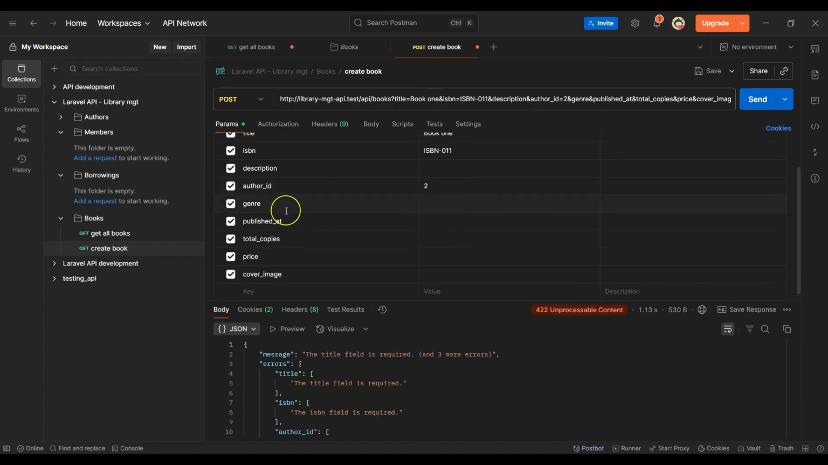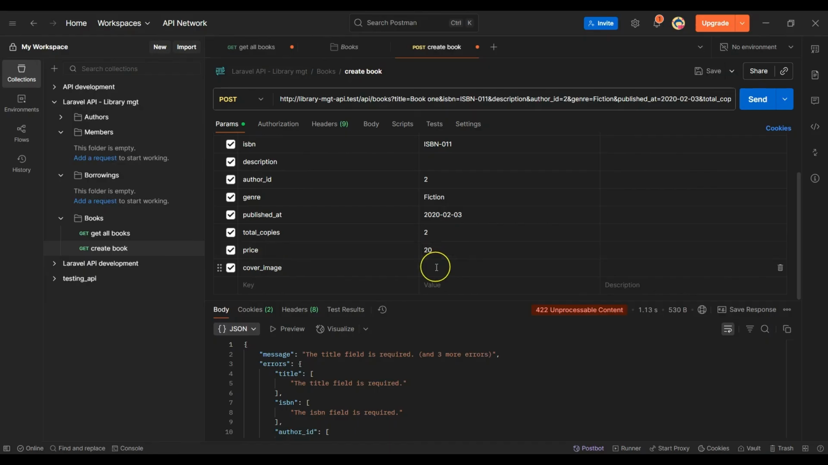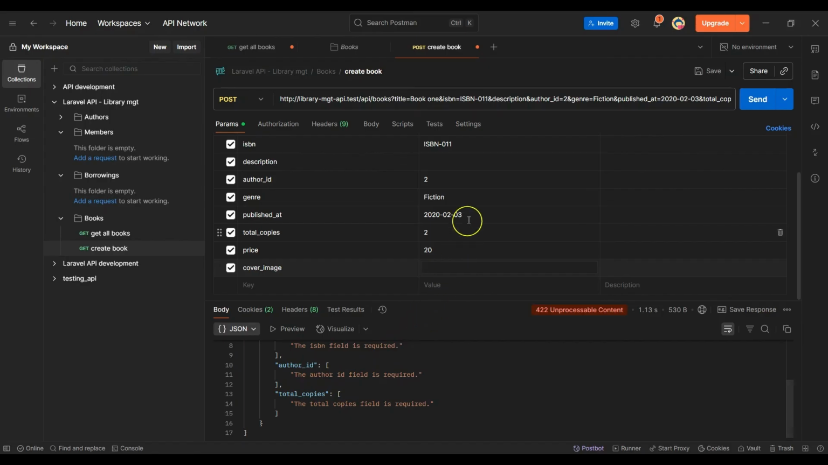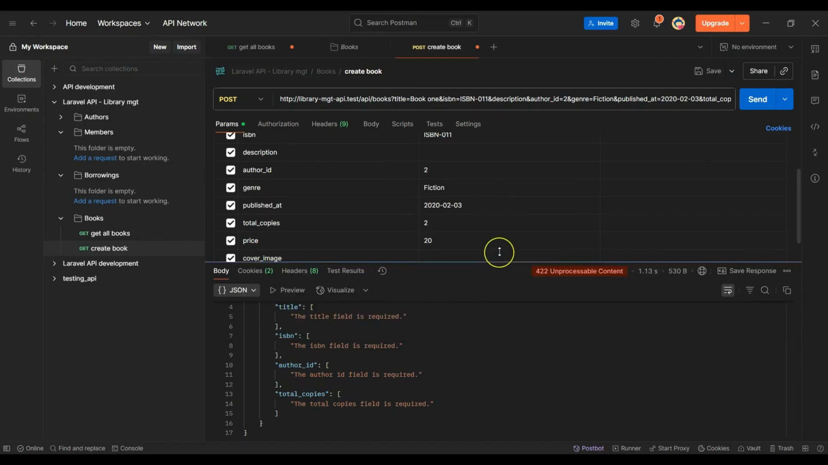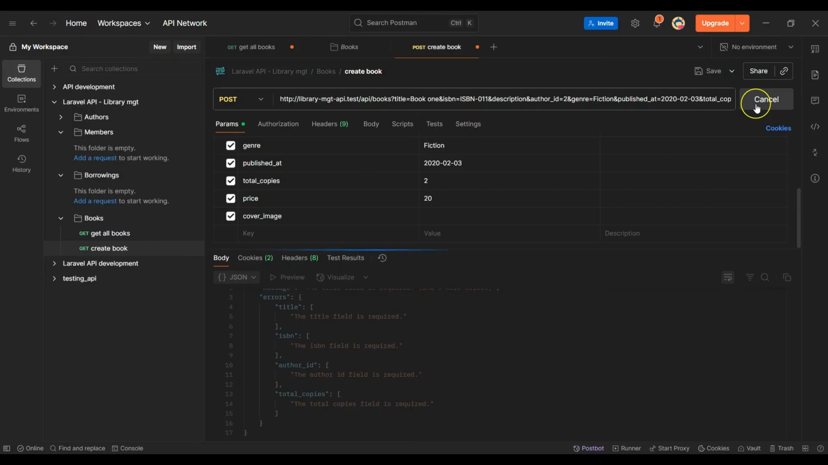So let's check for the genre. Now we can just make that to be, let's say, fiction. For published date, we can just put a date like 2020, then 02, then 03. Okay, then we can have, let's say, the total number of copies can be 2, the price can be, let's say, $20. The cover image, we can just leave that blank because it is not required here. So now let's try and send the request,